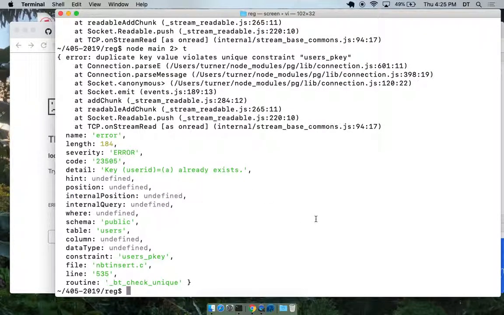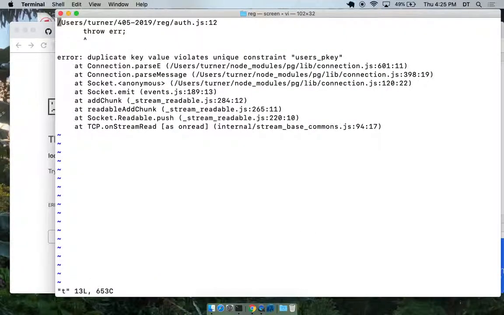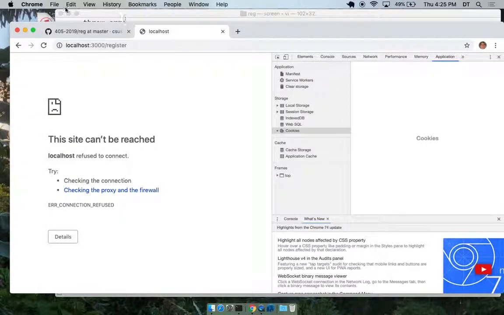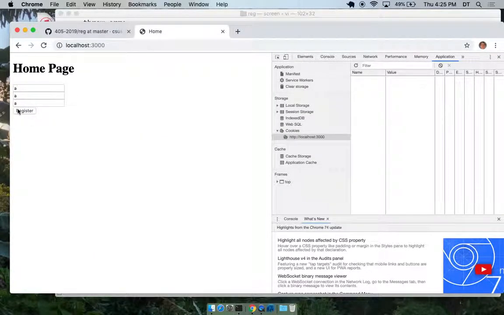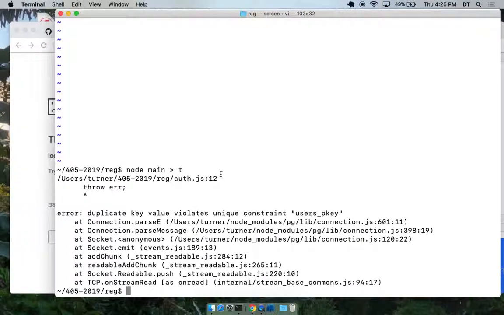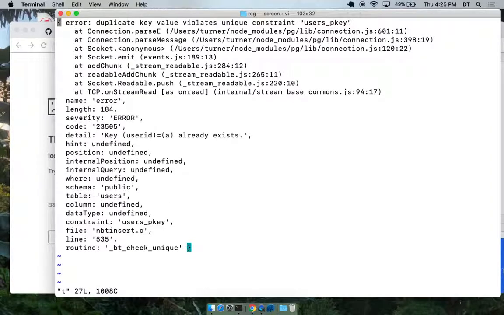Okay. Oops, that didn't work. So I'm going to redirect into T. Here we go. This will work. Register. Okay. All right, here's the error.